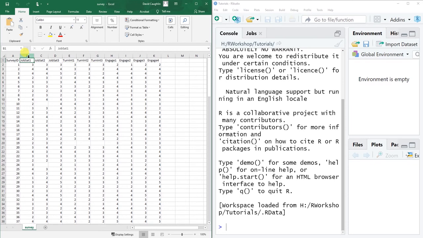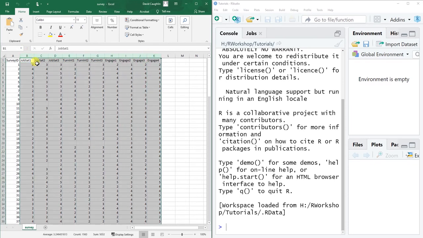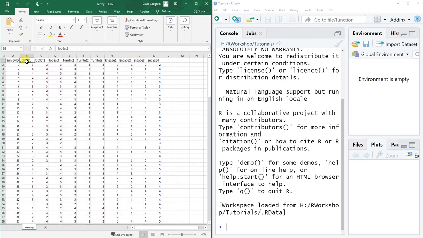Then you'll see the variables, or the columns, that come to the right are our variable names here. You'll see JobSat1, JobSat2, JobSat3. These three variables represent three different job satisfaction items or questions that are meant to make up an entire measure or scale. So this would be a 3-item job satisfaction scale or measure. Then we have turnover intentions, or turn-int 1, 2, and 3. This means that we have a 3-item turnover intentions measure or scale,